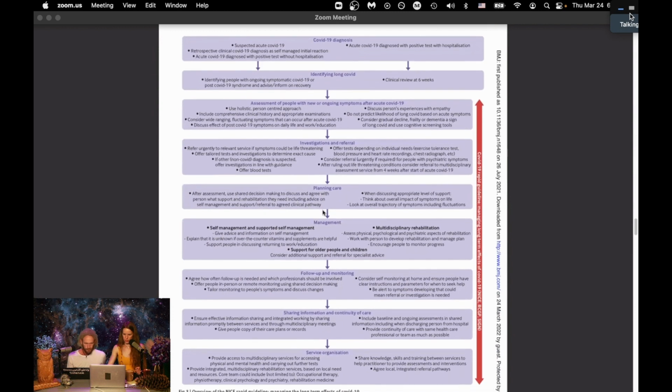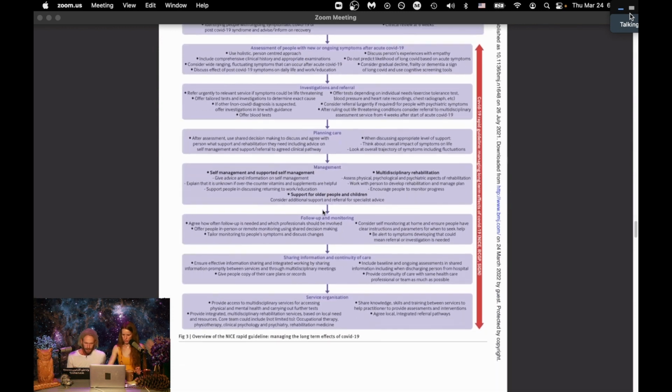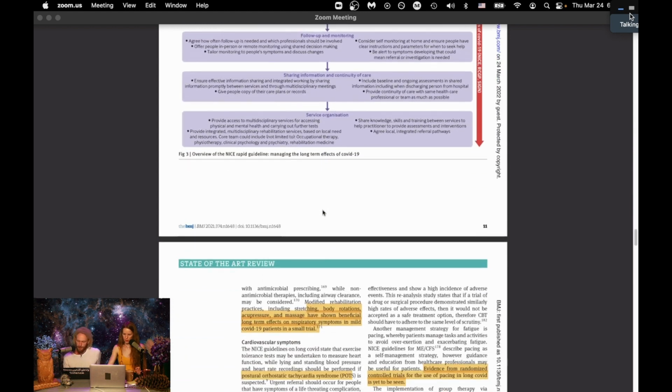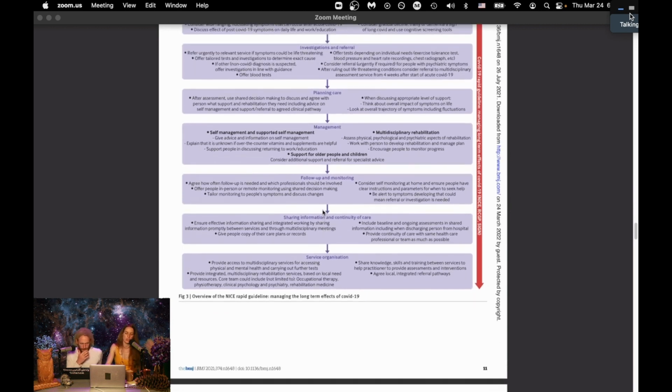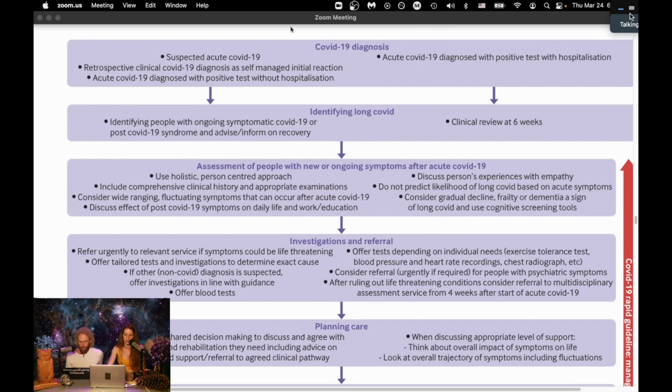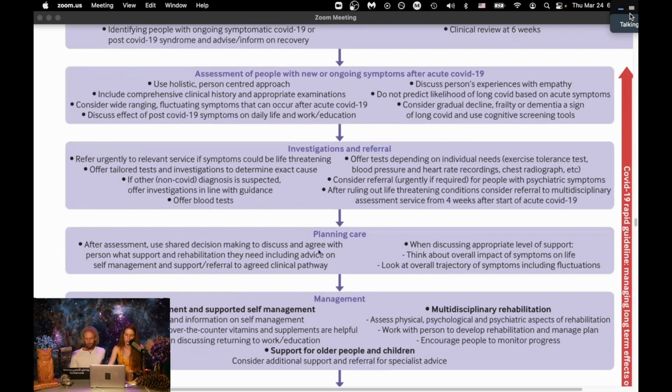Is this just their meta-analysis framework? It's how they're going to go about it. They recommend surveilling it and treating it. Oh, this is the NICE rapid guidelines. So there's an organization that is in charge of coming together and proposing ways of treating long-term disease, right? And so they start with a COVID-19 diagnosis. You go through the entire thing, and then you identify long COVID, and it's this whole cascade of events that happen afterwards, where you then have to start monitoring and planning these people's care, finding ways to manage their care,